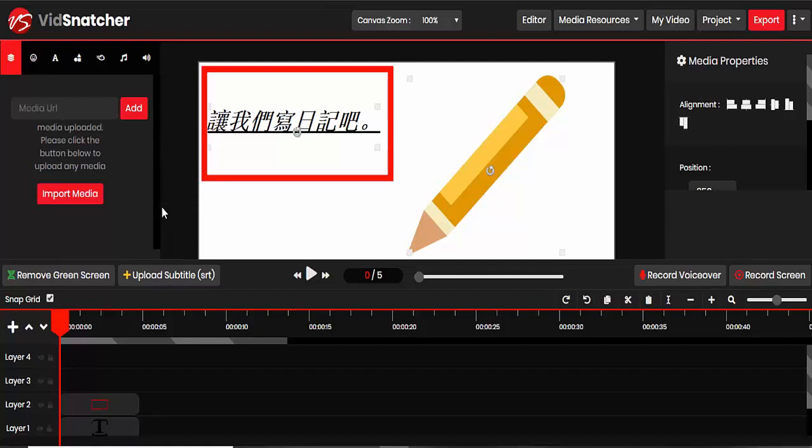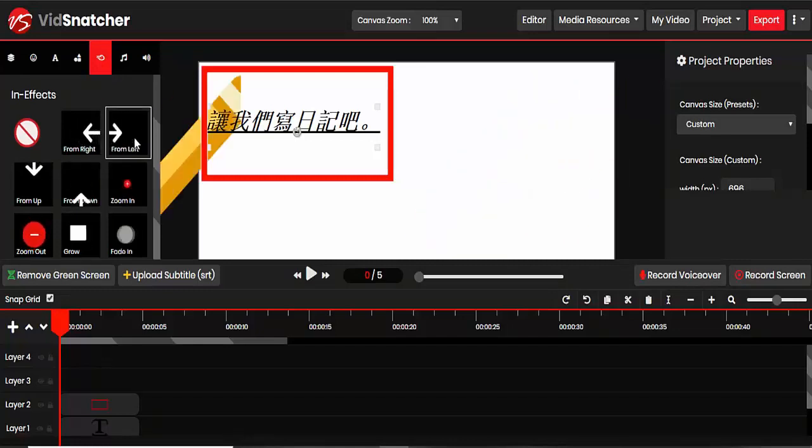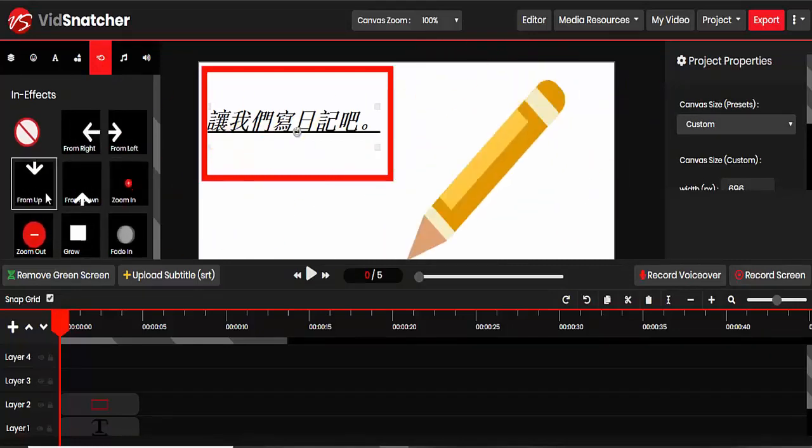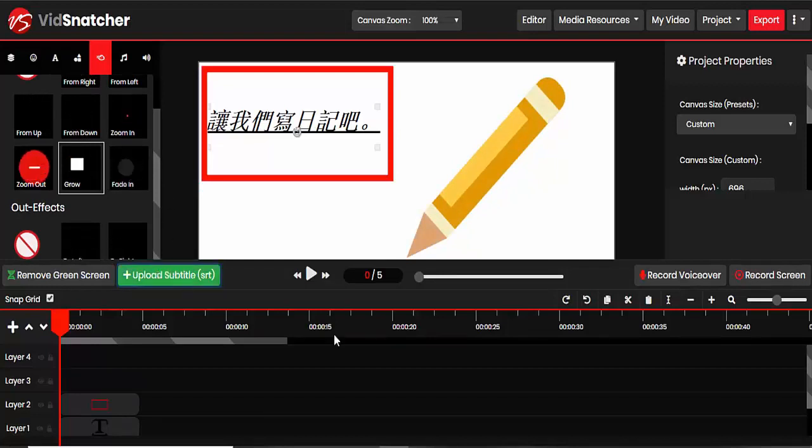And of course transitions, you can add fade-in effects, fade-out effects, for media objects, and sounds. You can actually see how the object will enter or exit the video when you click the corresponding transition. You can even upload subtitles to use in your videos. Just fantastic. That's VidSnatcher in a nutshell. It's limitless in what you can do with your videos using